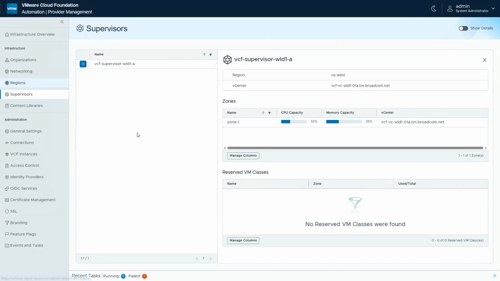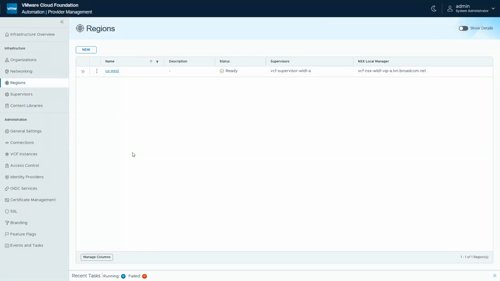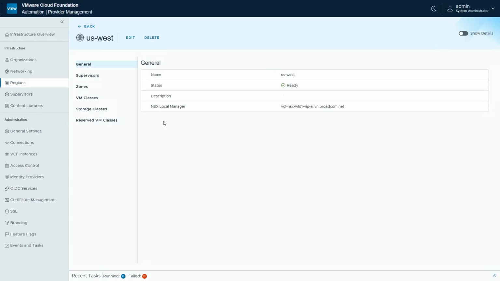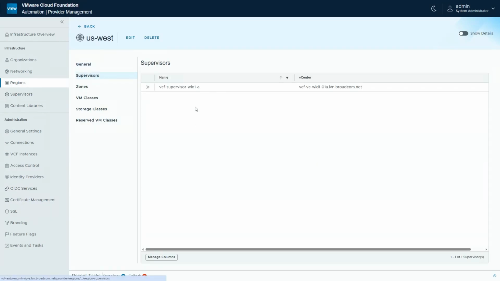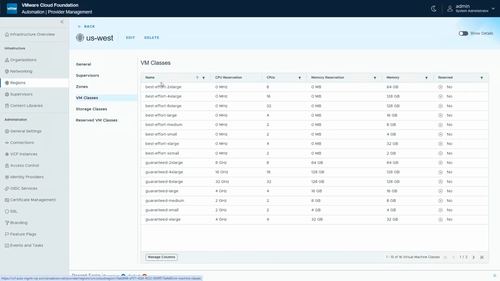We can see that the provider admin already created a region called US West. It has the ready status, and it contains one supervisor that is pointing to the workload domain NSX local manager. If we click on the regions to get more details, we can see the supervisor contained in this region. A region can contain one or more supervisors as long as they are pointing to or using the same NSX local manager. In the VM classes, we see all the t-shirt sizing in the VM classes discovered from the vCenter, but